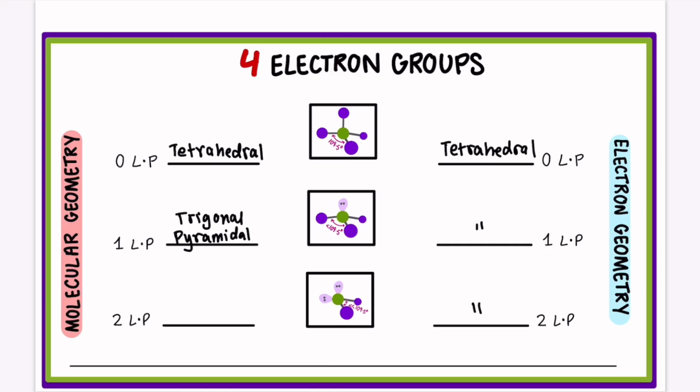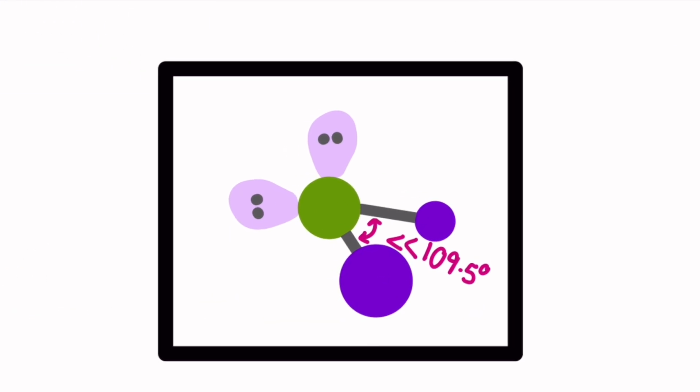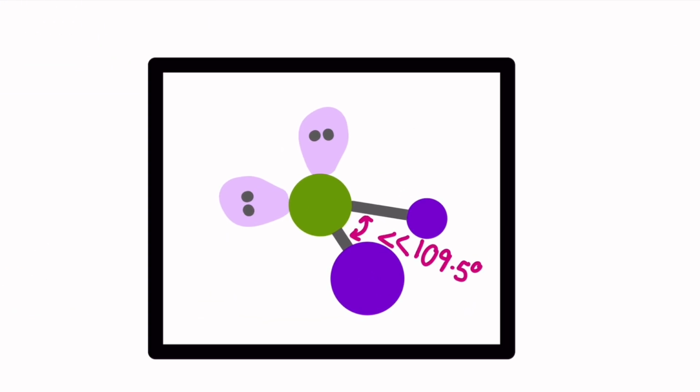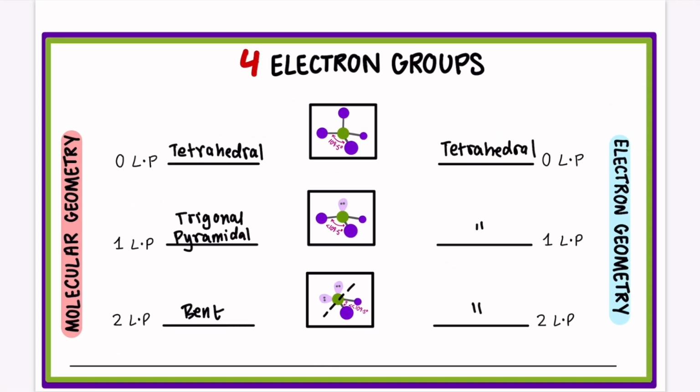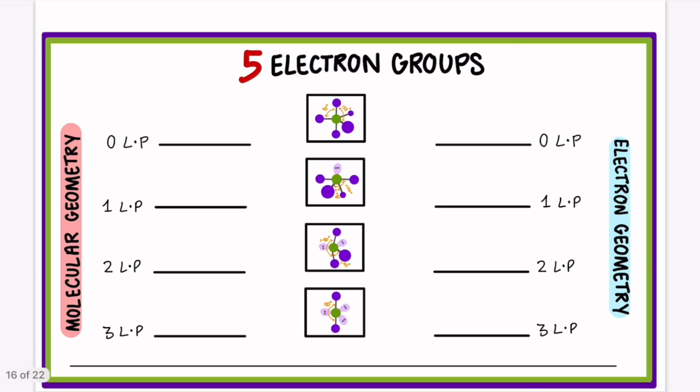Its molecular geometry with two lone pairs is called bent, so the corresponding bond angle is a lot less than 109.5 degrees. The bent shape comes from the fact that the bonded groups are hanging off the x-axis like this. It's not a very good posture, but what can we do? Stay with me. For a molecule with 5 electron groups around the central atom, the electron geometry is called trigonal